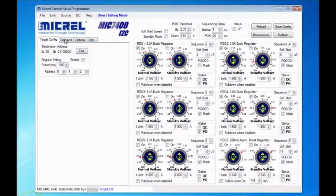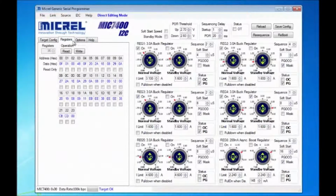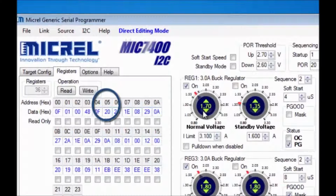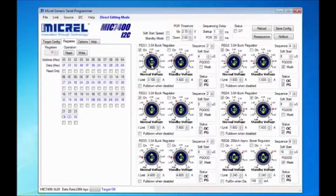By selecting the Register tab, you will notice that Register 5 is associated with output 1 for normal mode. And as you change the output voltage on output 1, you'll notice that Register 5 changes on the fly. As you change the output voltage level in the GUI, the output voltage of the evaluation board will also change